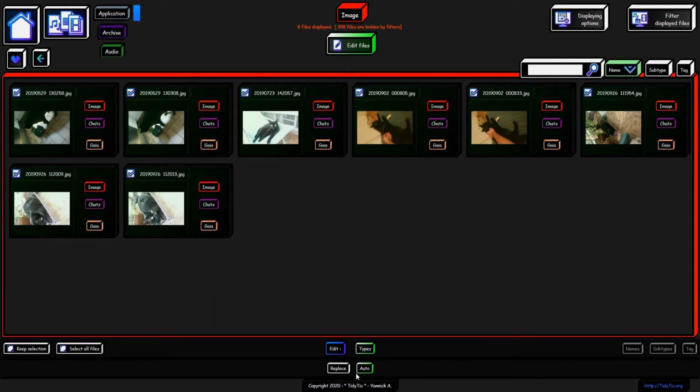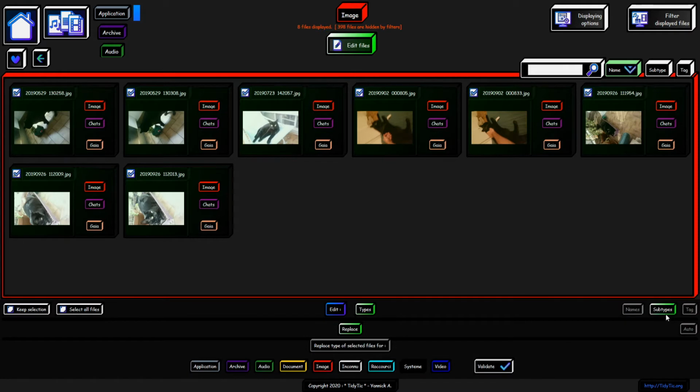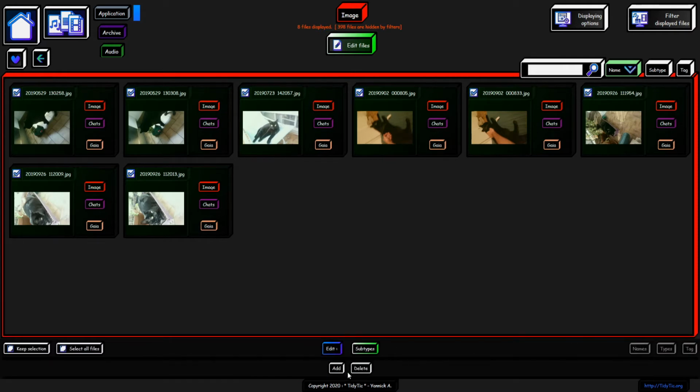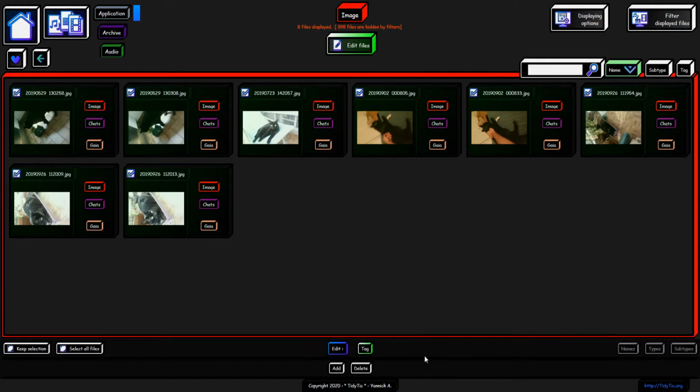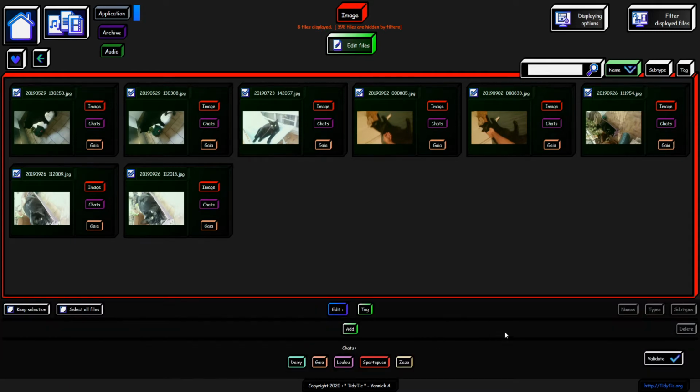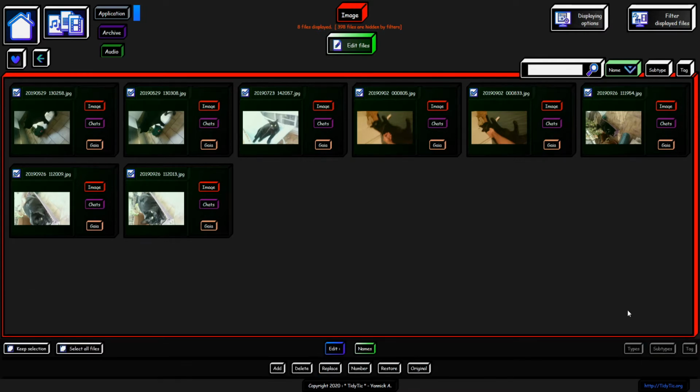Or make changes to the file name, like deleting a character string or adding something. I unfortunately cannot show you all the possibilities in this video, otherwise it would be much too long. But TidyTick is very easy to use. You just have to work through these menus to discover the possibilities available to you, simply by reading the information written there.